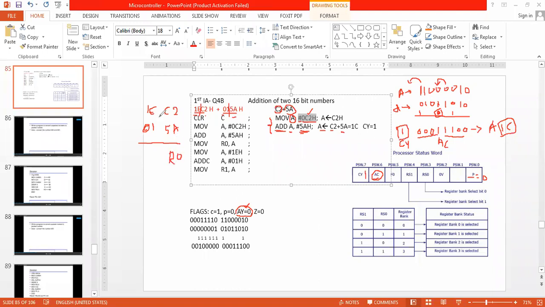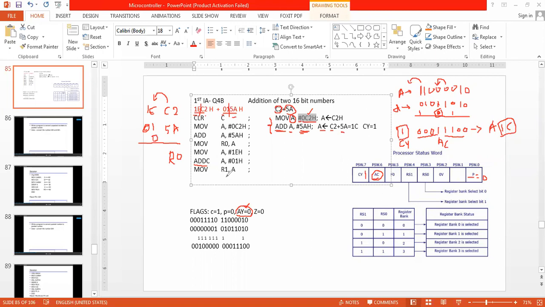Then whatever carry is generated from this 8-bit data to the upper 8-bit data, I have to use that also, no? That is why I am going for ADDC. Add along with this carry, whatever carry has been generated here.